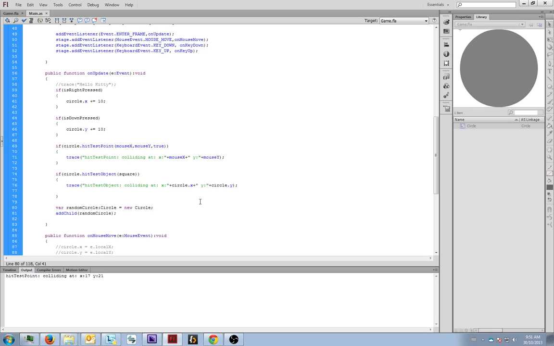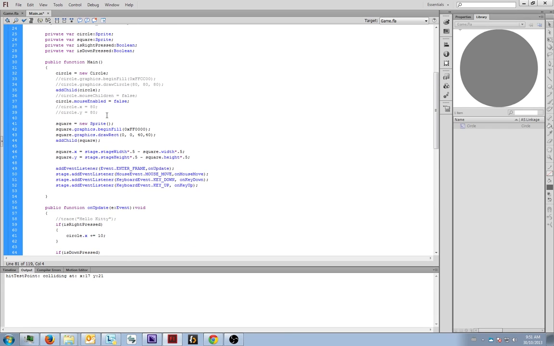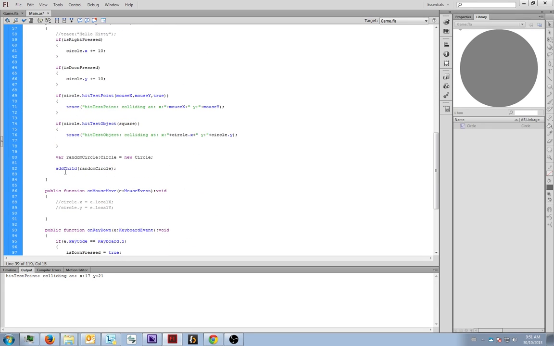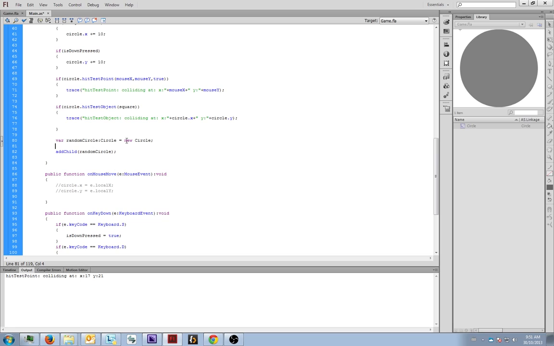But it will work anyway, and I'll just show it to you. We definitely don't want it in the 0, 0 position, so we've got to find out its location and give it an X and a Y. We can base it off of the stage, because we've got our stage locations, so we can say